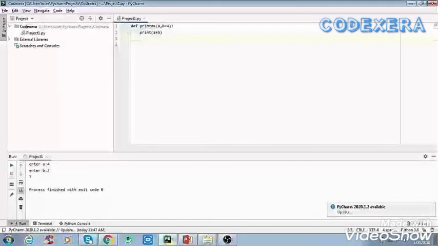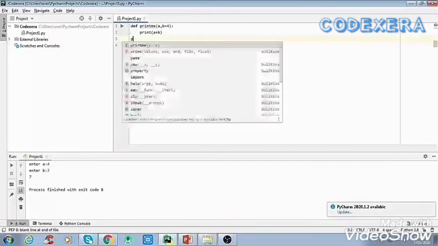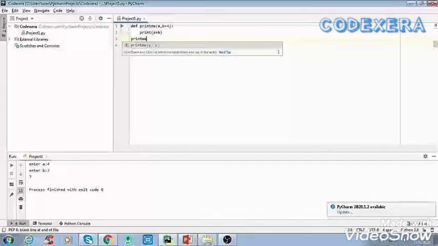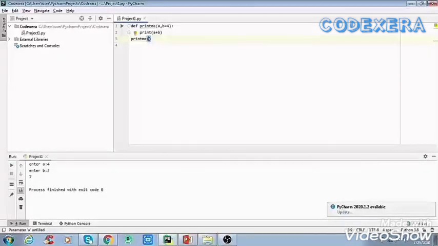Now just go outside of the function and call the function print me, and here we'll give 3 and 8 as the values of a and b. Now we'll run this and we'll see that we are getting the sum of these two numbers.